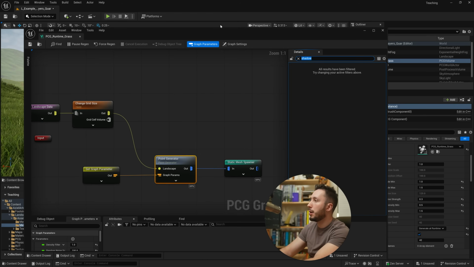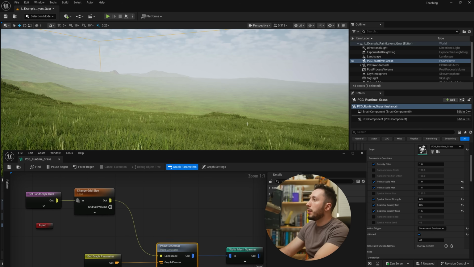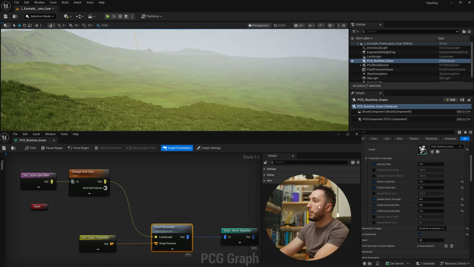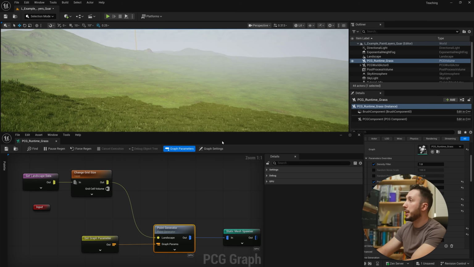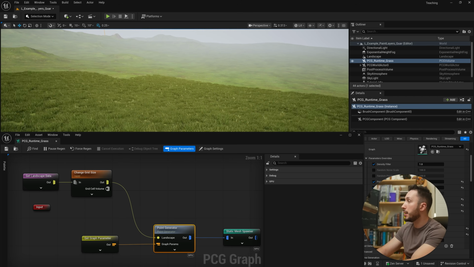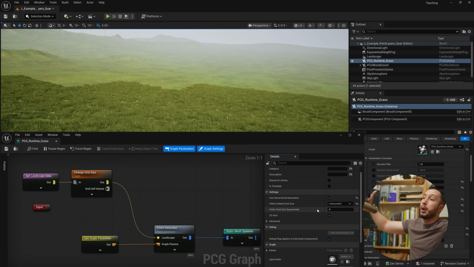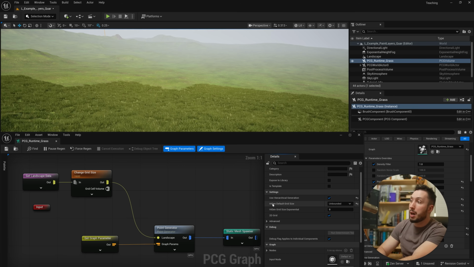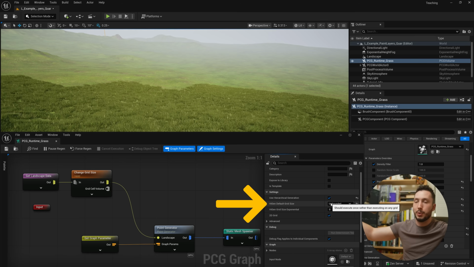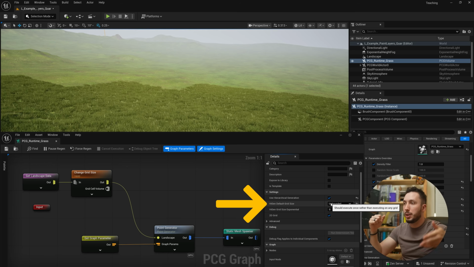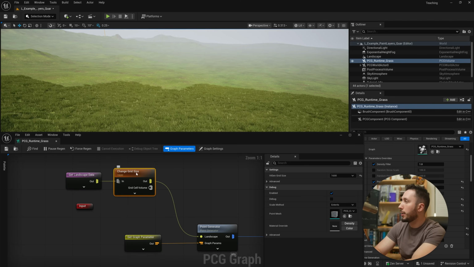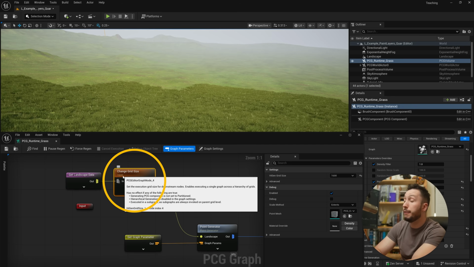So if we double click on this PCG graph to open it again, the way this runtime grass spawning is happening is using, like I mentioned, these grid sizes. And you can see here, if we click on the graph settings, we're basically saying for this whole graph, we want the hierarchical generation default grid size to be unbounded. We're saying no grid sizes for this whole graph. Get the landscape from everything. If we're far away from the landscape, but the PCG graph still overlaps with it, still get it. Don't worry about it. But then we're very quickly here clamping it down to a grid size of 1600,